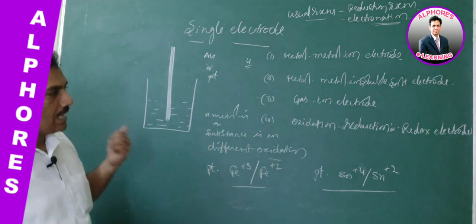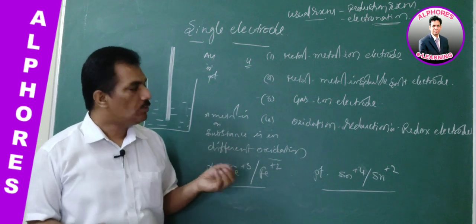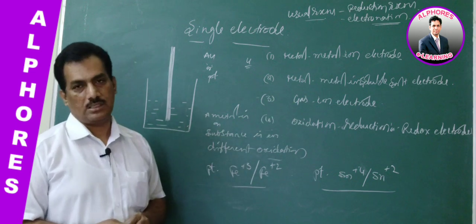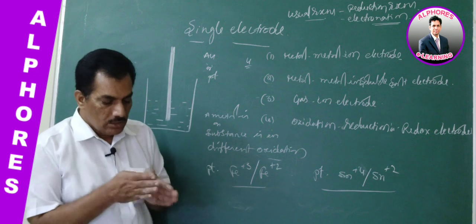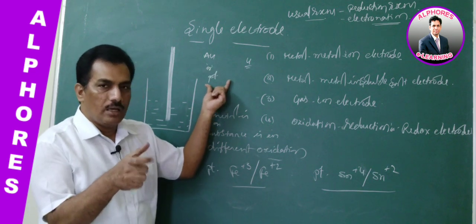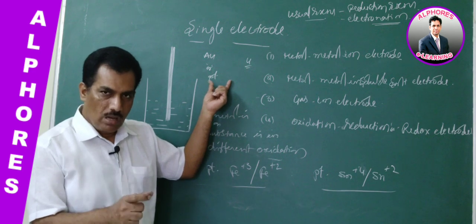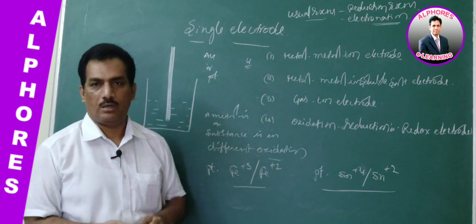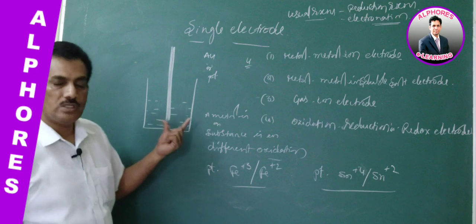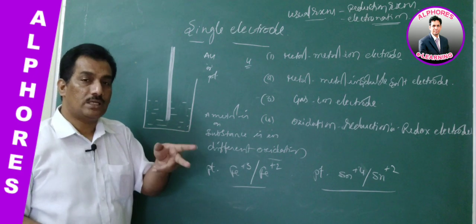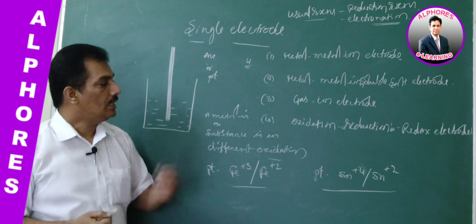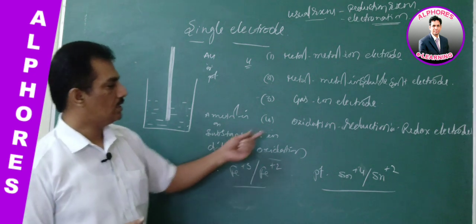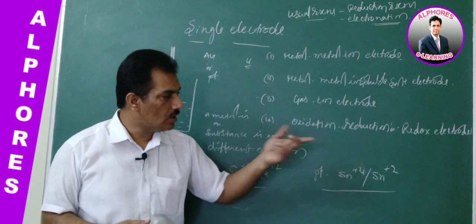In gas ion electrode, it is not at all possible to make any rod from the gas. So that's why here we are using inert metals like gold or platinum, and by using these we are making a glass hood at the bottom of the electrode or metal rod, and in this glass hood we are maintaining the gas for which we tend to construct the electrode, and that is dipped in the solution where a common ion of that gas is existing in the electrolyte, and the gas is continuously pumped or bubbled through the electrolyte solution.